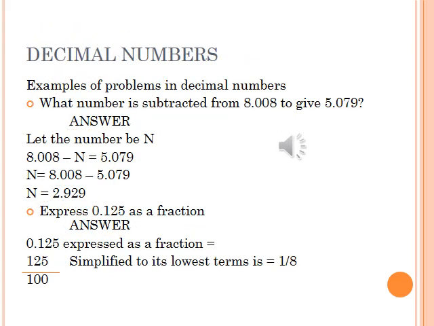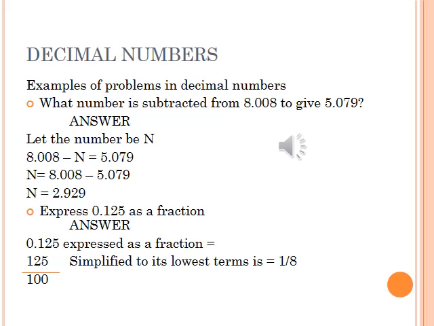Decimal numbers. Examples of problems in decimal numbers. Question 1. What number is subtracted from 8.008 to give you 5.079? Answer: let the number be n. Therefore, 8.008 minus n is equal to 5.079. N now is equal to 8.008 minus 5.079. Therefore, n is equal to